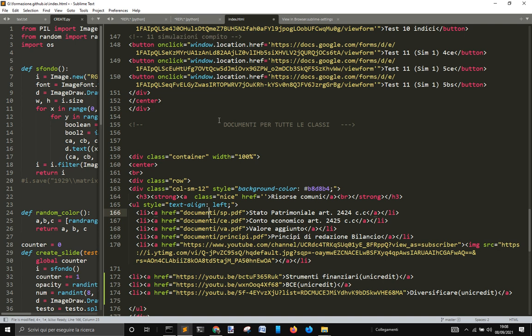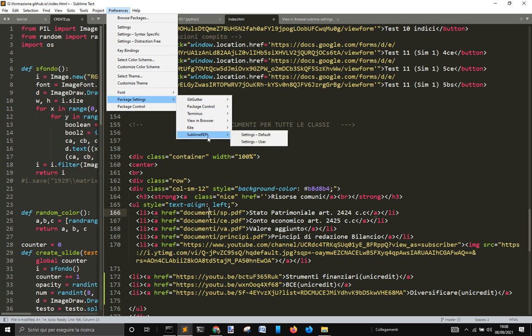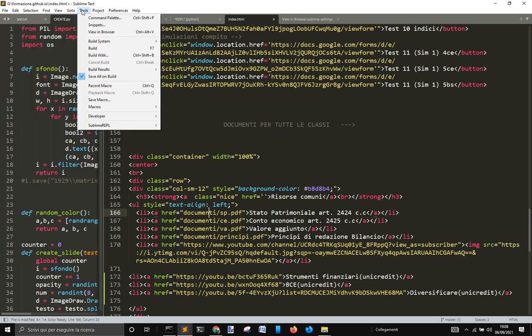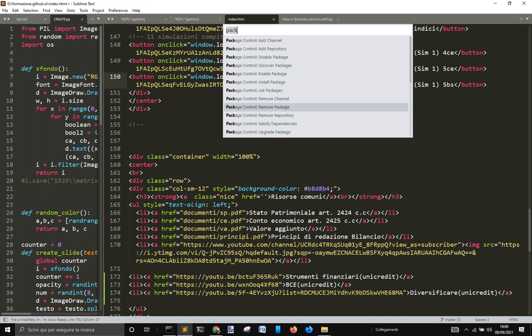Let's see how to remove a package installed in Sublime Text. So if you go here, you see your packages that you have installed here, but how can you remove one of these? Okay, you just go in Tools, Command Palette, or Control Shift and P, and go to Package Control,